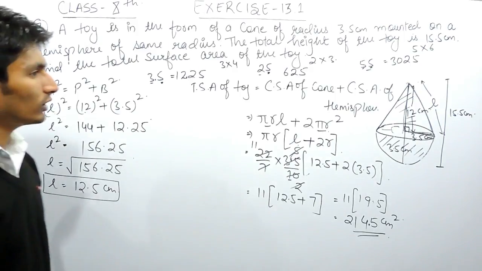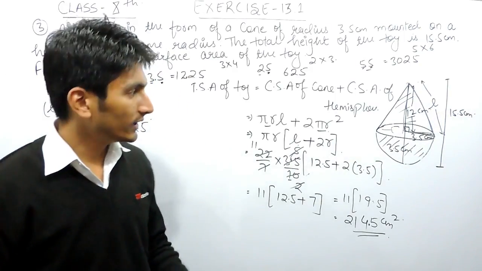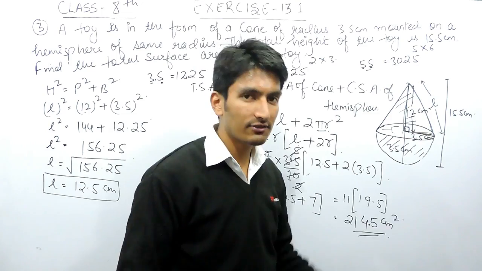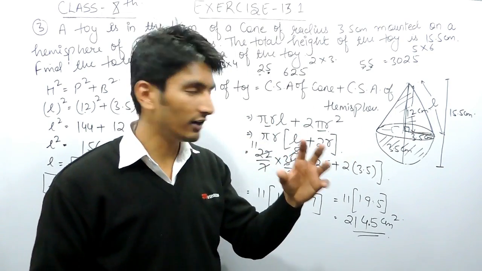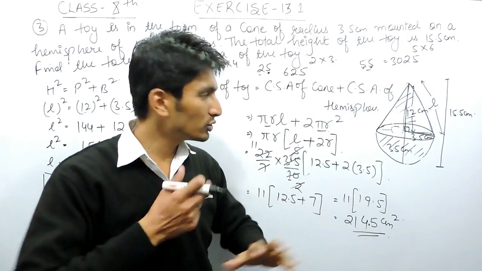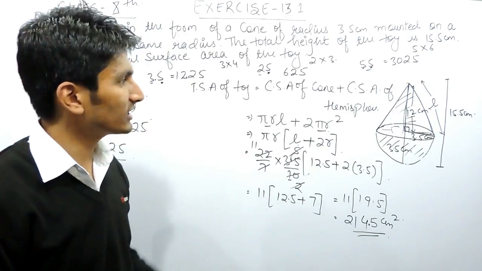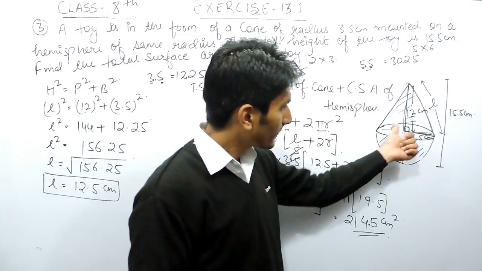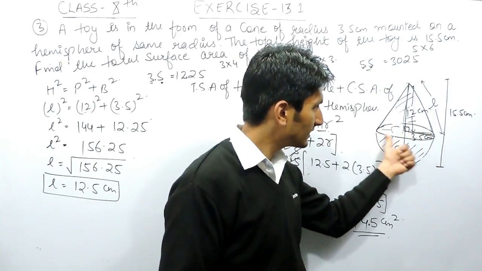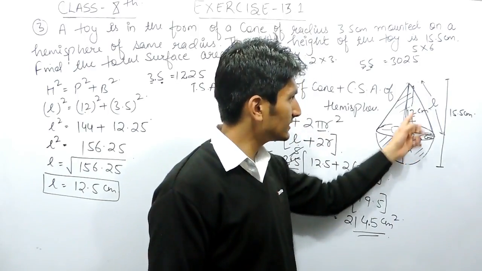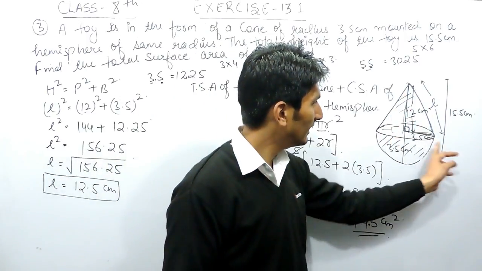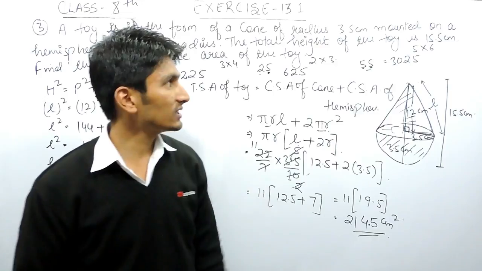So this is how you can solve this question. One thing is very important. First of all, you need to visualize this figure. Without visualizing this, if you are not able to picturize this figure in your mind, the question will become tough because you don't know how to find the total surface area. In that case, obviously, if you can visualize this, you know that the surface area of this circle won't be visible to me. Or you can say that we don't have to find out the total surface area. Instead, we have to find the lateral surface area of this cone. So this is how you can solve this question.